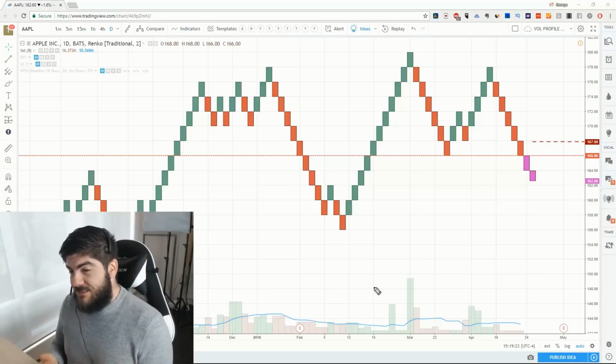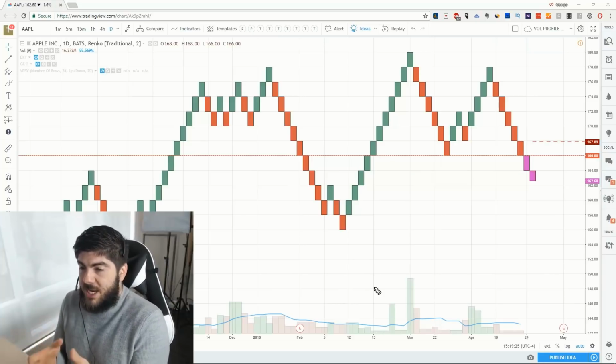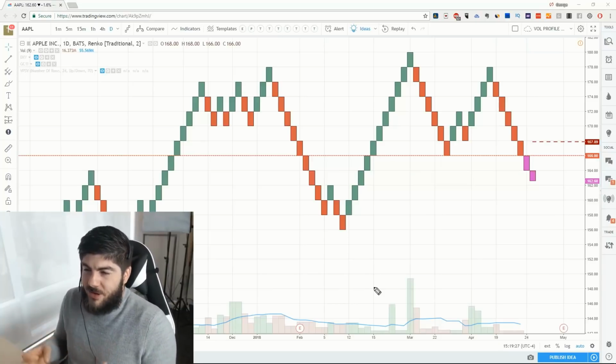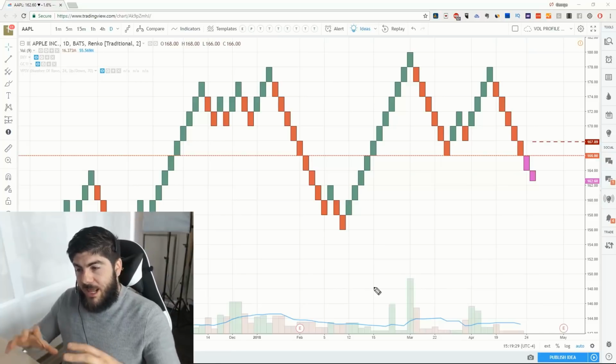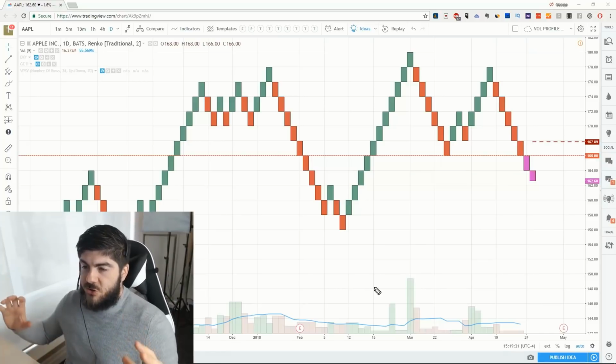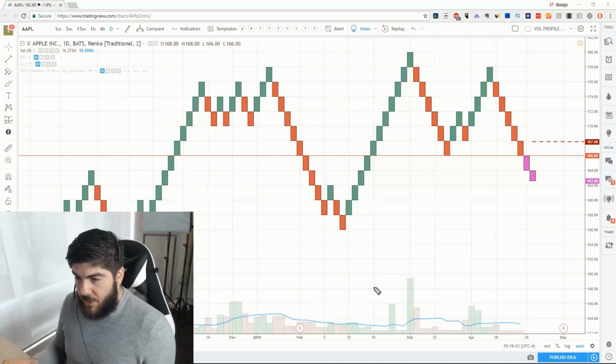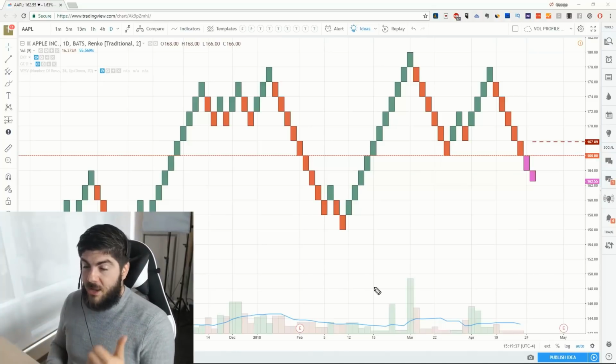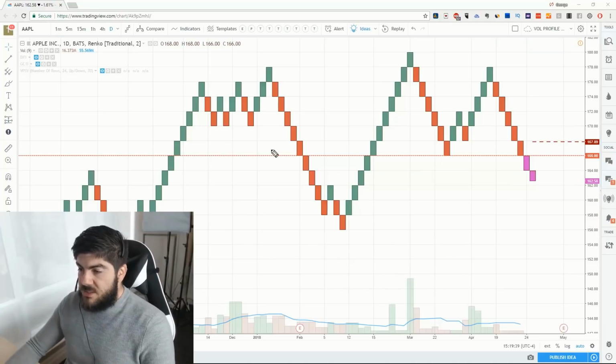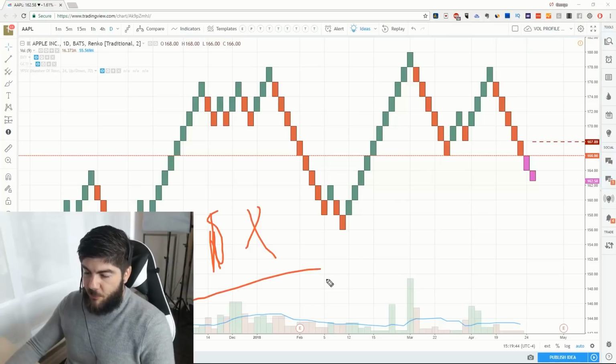And one of the downsides of this chart is that you're losing some of the minute or the microgranular information within the candle. But what it helps you do is paint a larger term picture of where the trend is going. There's no wicks, there's no highs and lows, there's just an open and a close. And these opens and closes only occur when you have a given amount of price movement before it moves to